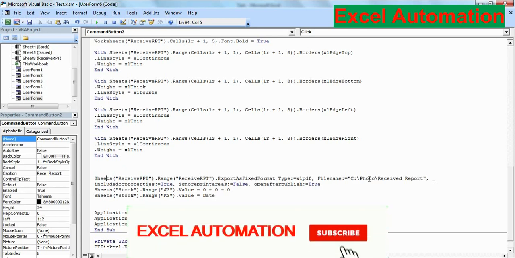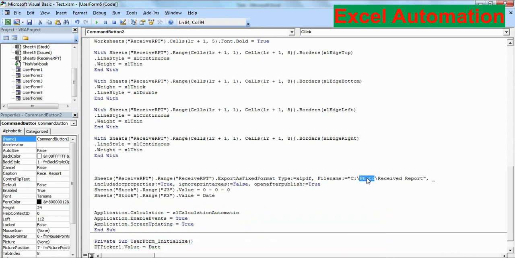Here, because our data is in the test folder, the file will be generated in the test folder, and the name of the report is receive report, including properties is equal to true, ignore print areas false, open after publish is equal to true.